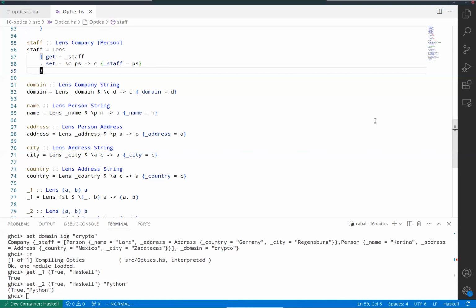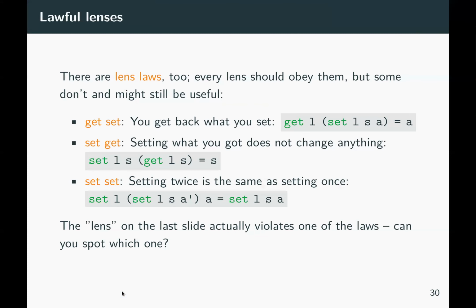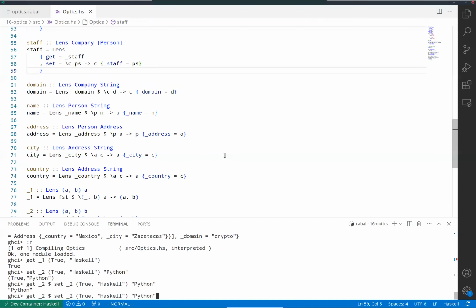If we try this here, we set the second component to Python. So if we now get the second component again, we expect to get Python out. For this _2 lens, that seems to be the case. So first setting, then getting gets you back what you set it to. The second one is set-get. Setting what you got does not change anything. So if I first look up the value of the field and then set to that old value, nothing should change. So in this example, if I first